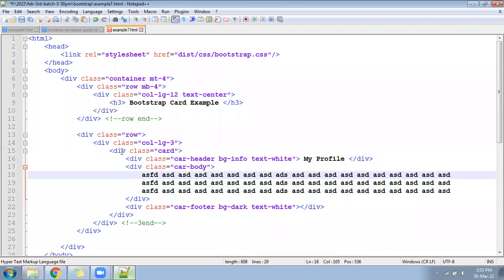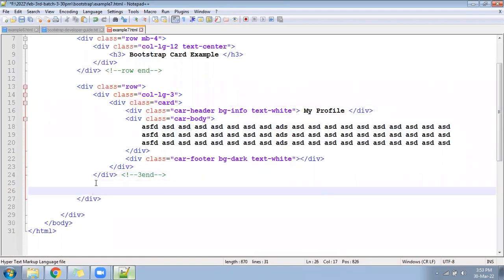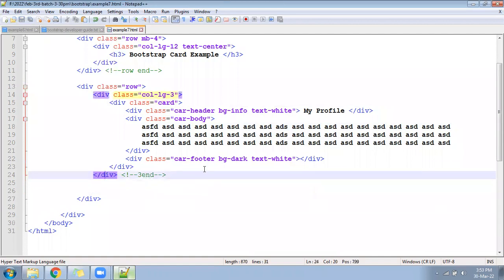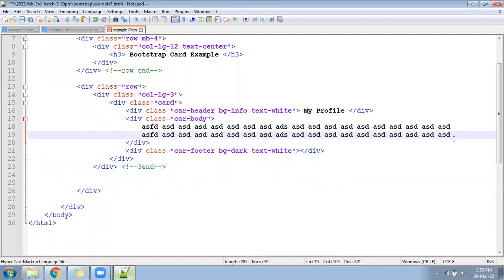Now check how this card looks. This way we will copy and paste multiple cards and then get the proper look of the card.